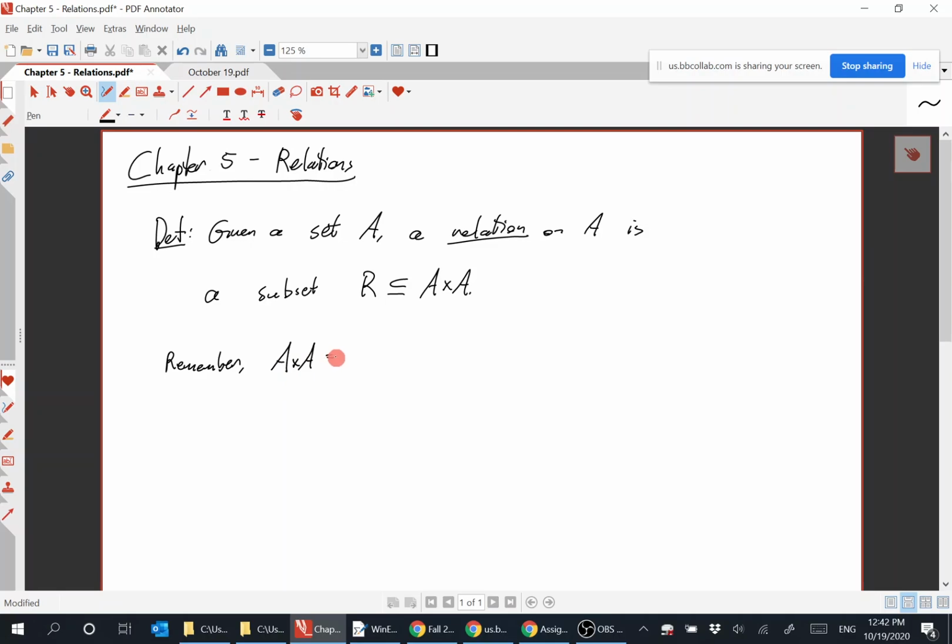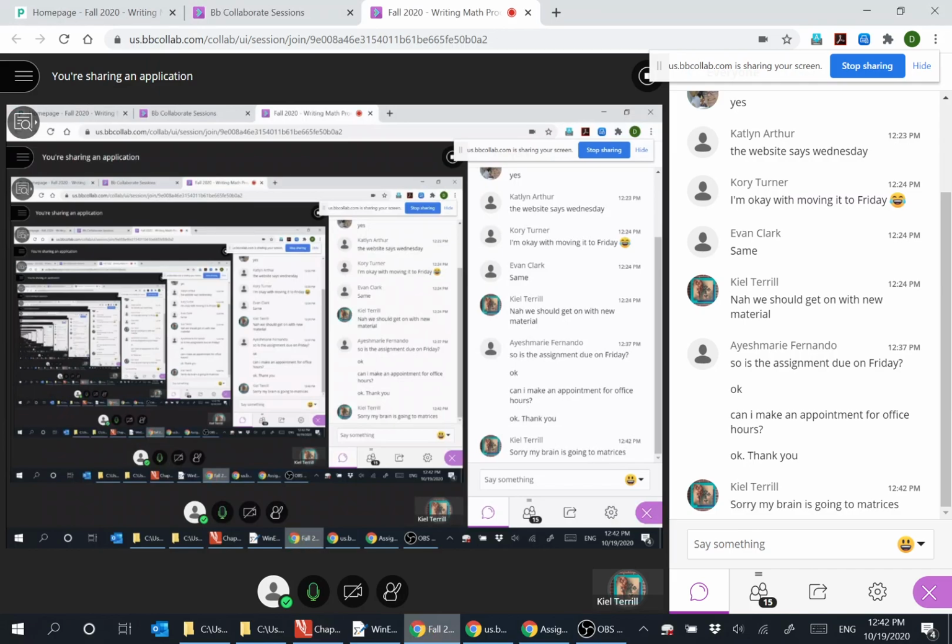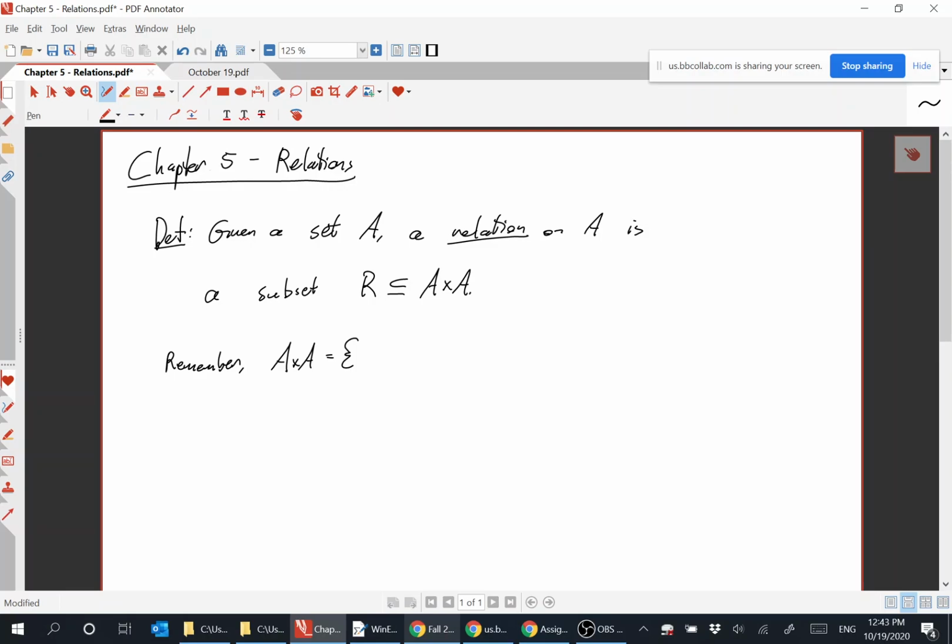All right, A cross A is equal to what? Or A Cartesian product A. Come on, guys, dig. What was it? Oh, yeah, I guess it kind of looks like maybe I want to do matrix multiplication, but it's not it. Cartesian product. Come on. It's the set of all what? It's just like the two-dimensional plane, right? In the two-dimensional plane, you take pairs of real numbers. Here, we're just taking pairs of, not real numbers, but